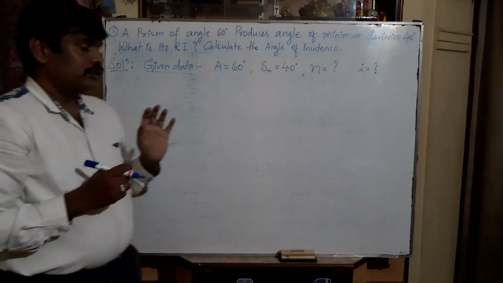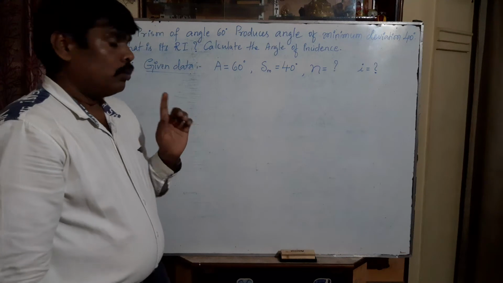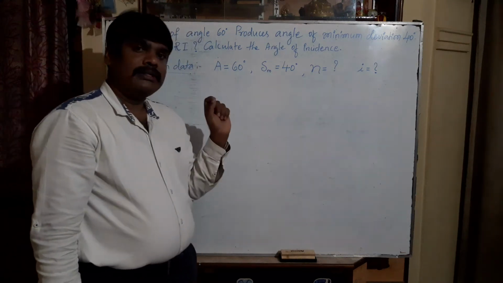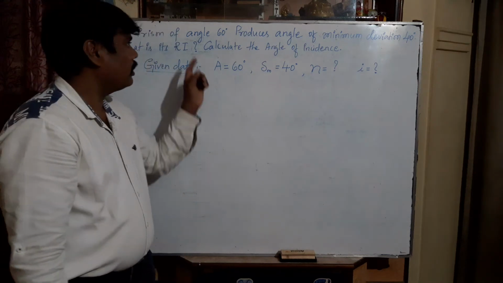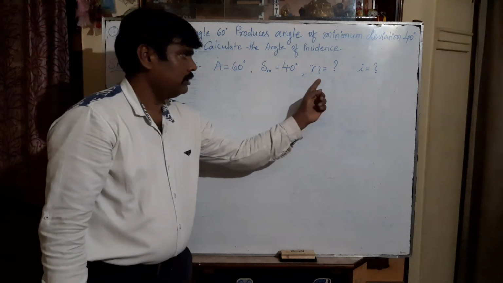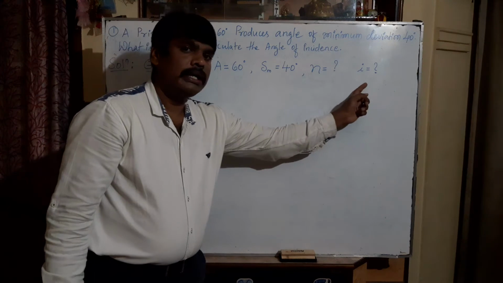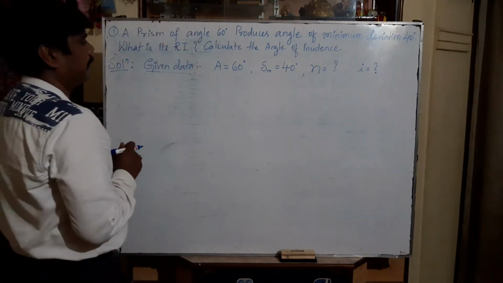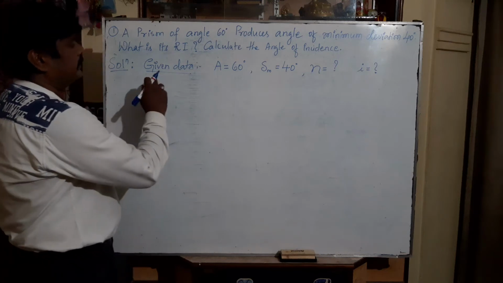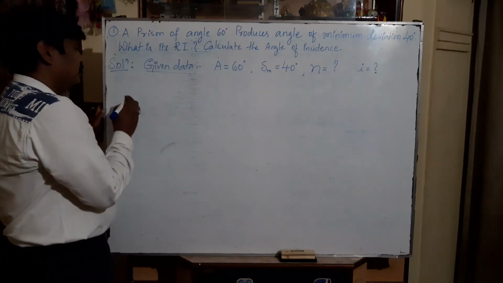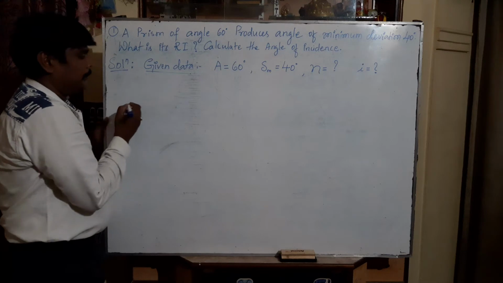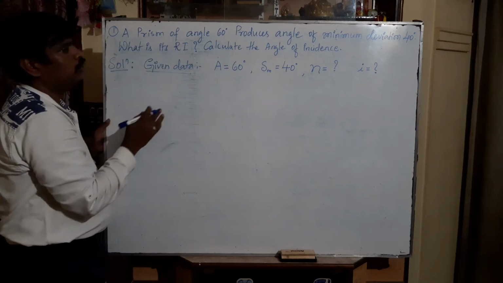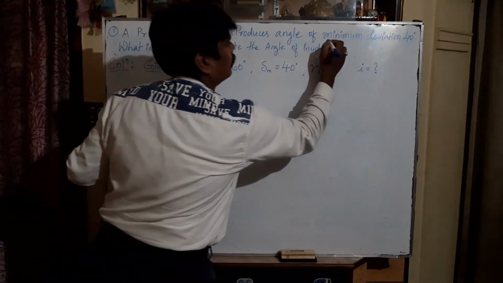Okay. So, this is very important. While solving any numericals, first you need to understand the problem: what physical quantities are given and what physical quantity we need to calculate. That is very important. After writing the given data, you can write the required formula. The required formula is related to minimum deviation. See, this is very important.